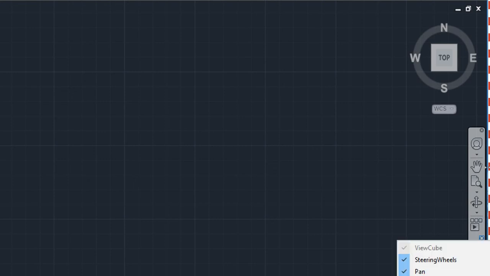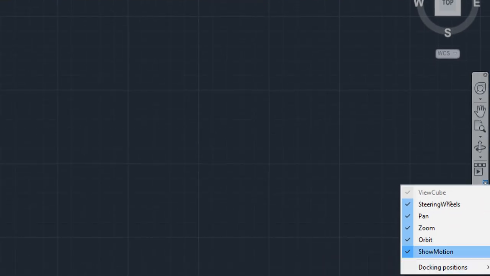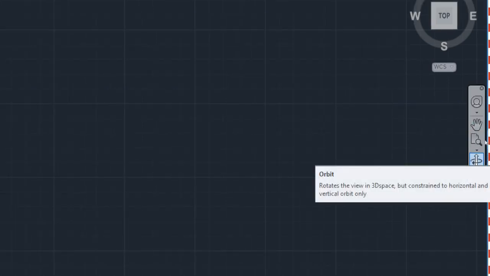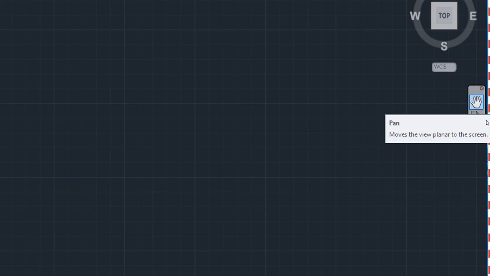Navigation bar can be customized. You may not need show motion, deselect. So it has been removed from the visible buttons. Orbit and steering wheel also you can switch off, because these are mostly useful in 3D modeling. In drafting, you may use only two buttons, that is pan and zoom, or you may not even use these buttons,